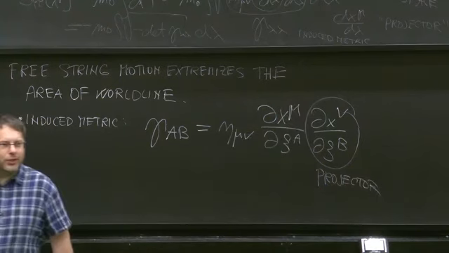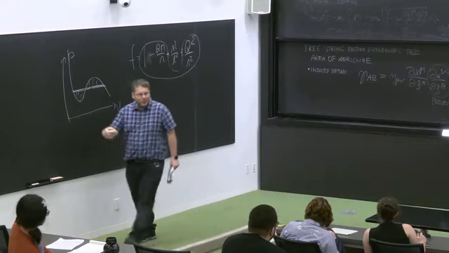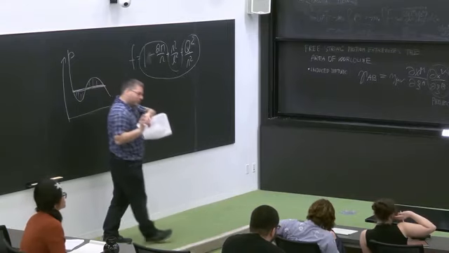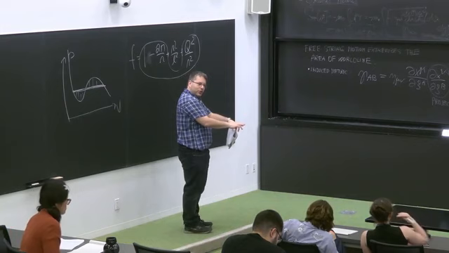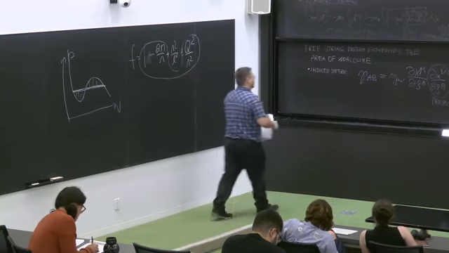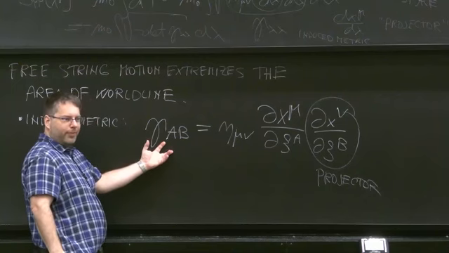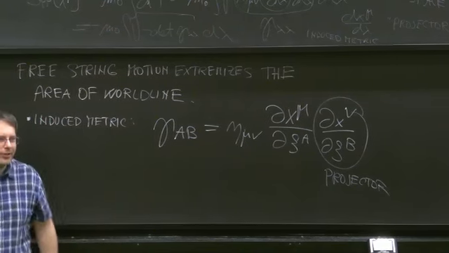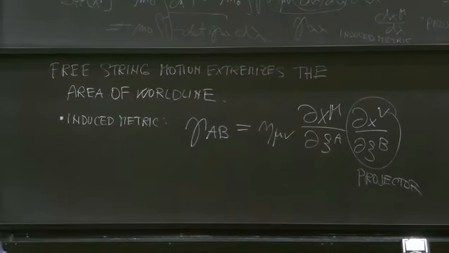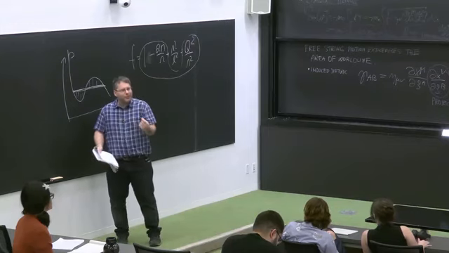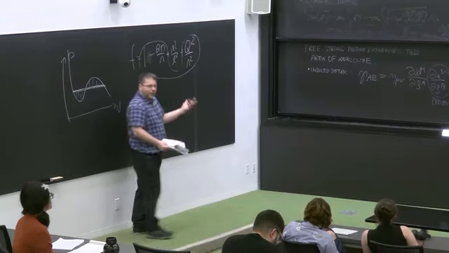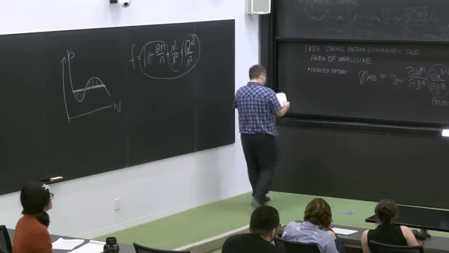So all you are doing is projecting the indices of the Minkowski metric, pulling it back onto your worldsheet. And this is your induced metric. Once you have the induced metric, you can calculate the area by taking the square root of the determinant of this thing here, and integrating over psi. So your action